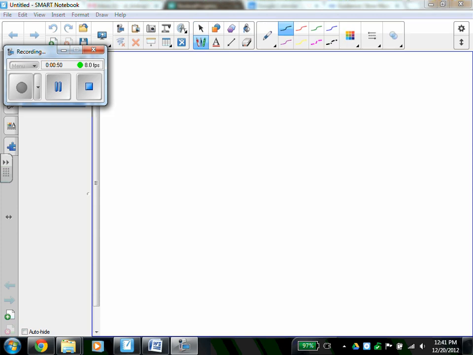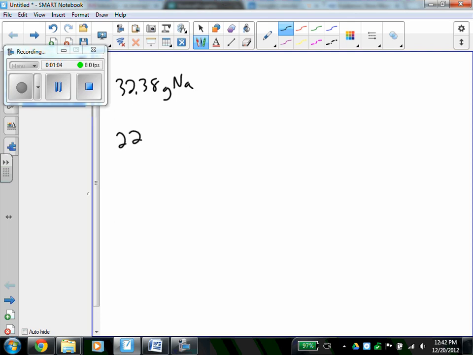So it says 32.38% sodium. We'll just say that's 32.38 grams of sodium. And then it lists 22.65% sulfur, so we'll go 22.65 grams of sulfur and 44.99 grams of oxygen. Okay, well, it's not fair to compare things on a mass-to-mass basis in chemistry because things don't combine by masses,